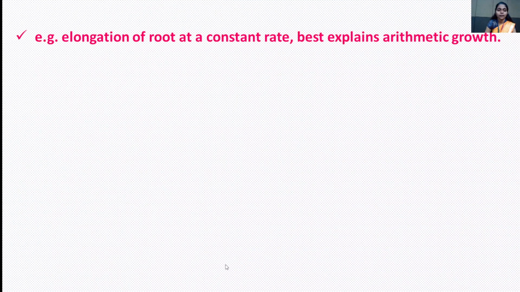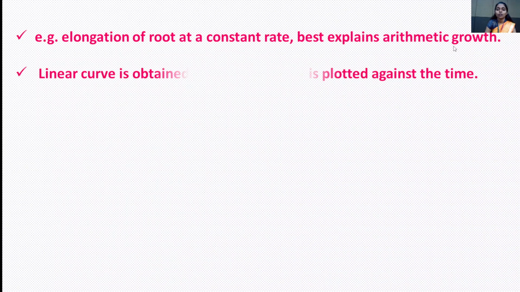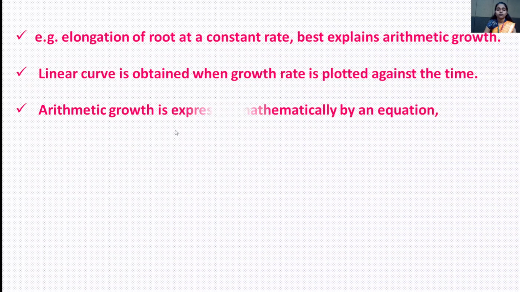Moves to the next slide. An example is elongation of a root at a constant rate, which best explains arithmetic growth. A linear curve is obtained when growth rate is plotted against time. Arithmetic growth is expressed mathematically by an equation. It is expressed as